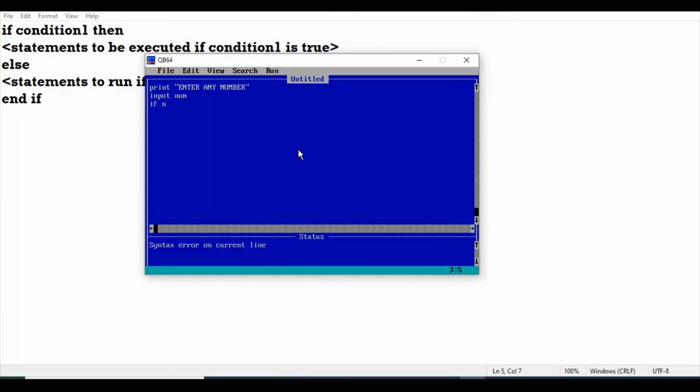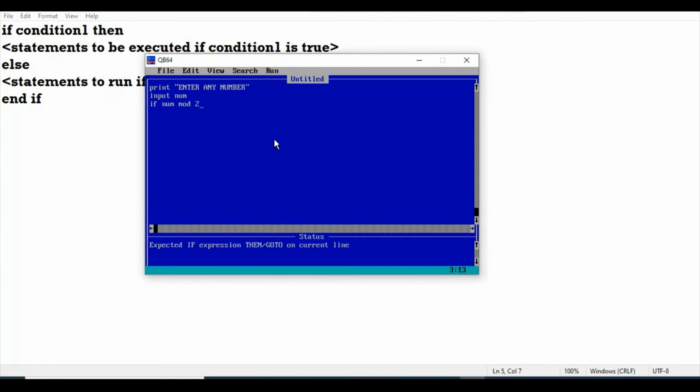If num, okay, how do we know a number is odd or even? When it is divisible by 2, it is even. When not, then it is odd. Mod is modulus, it will give the remainder. अगर हम नंबर को 2 से डिवाइड करें और रिमाइंडर 0 आ जाए तो नंबर इवन है.